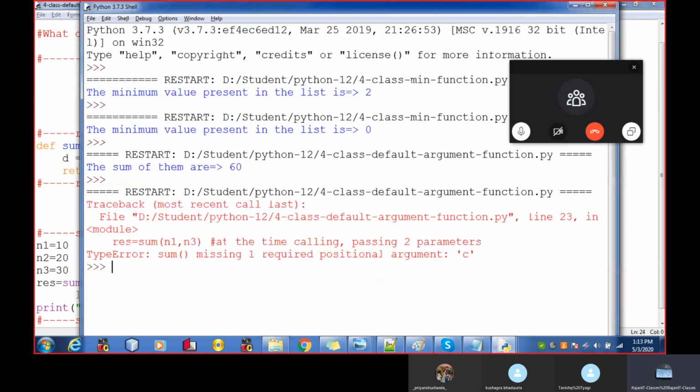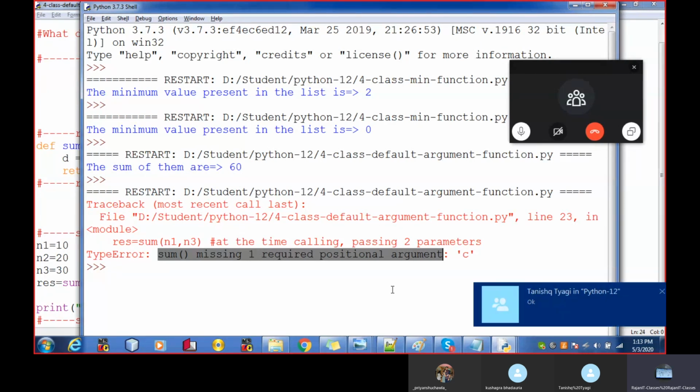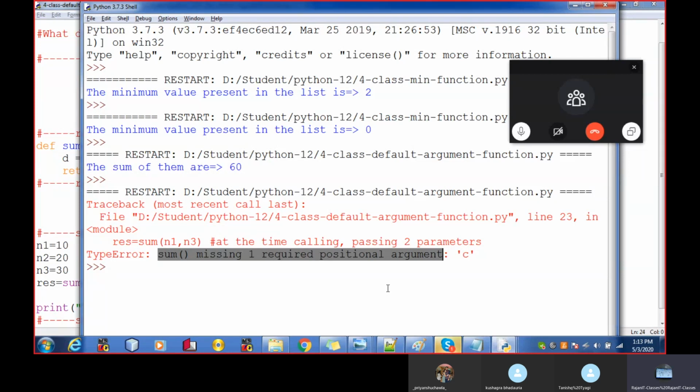It will throw an error: missing one required positional argument. Your function is designed to accept 3 parameters, but you are passing only 2, so it will throw an error. It means it is mandatory to pass values to all the parameters while calling the function.